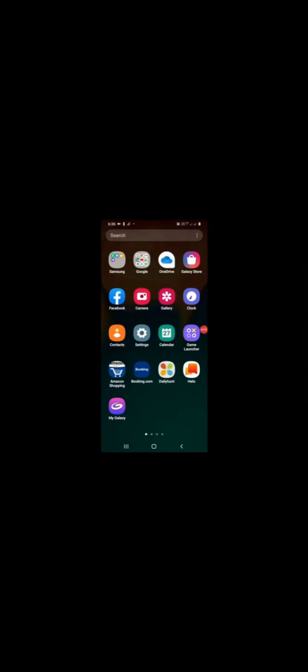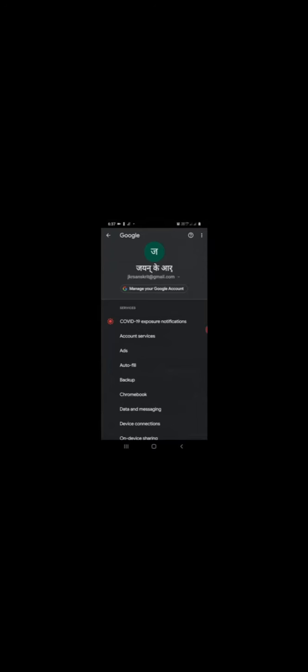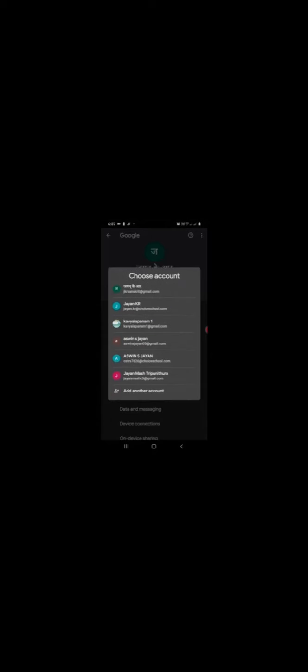the tab. To install the email ID, go to settings. Okay, open settings. Then you can see, go down, you can see Google. This is Google settings. When you open Google settings, you can see on top of this window you can set one email ID active. So click there. When you click there, you can see all the email IDs installed in that mobile. Below that, add another account is there, and click there.